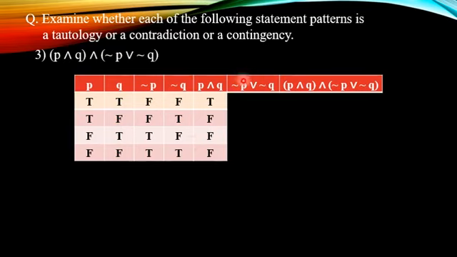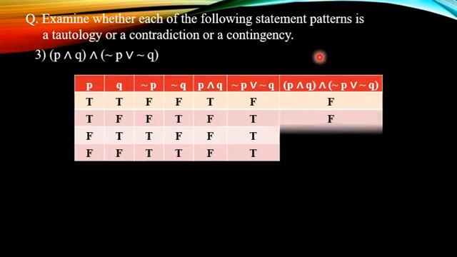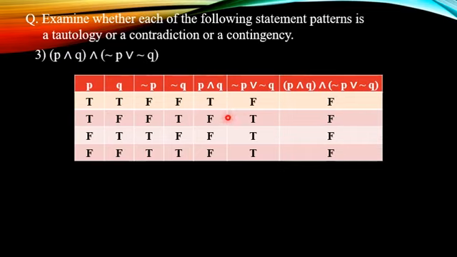Then we find negation P or negation Q, that means third column or fourth column, and the truth values of this column are, here F or F both are false, so the corresponding disjunction will be false. So F or F false, F or T true, T or F true, T or T true. Now this column number 5 and column number 6 are connected by and the truth values of this column are, here TF false, FT false, FT false, FT false. That means all entries in the last column are F.